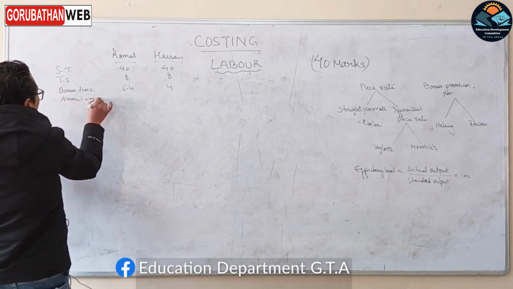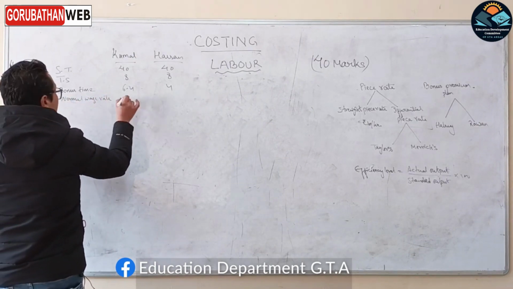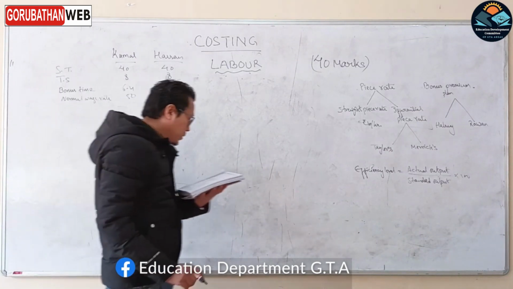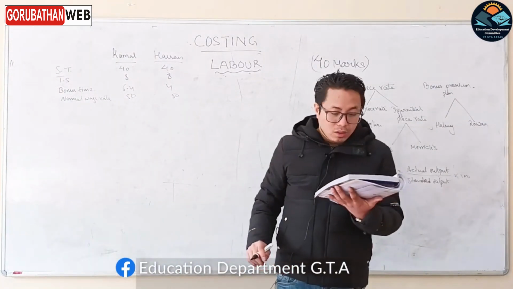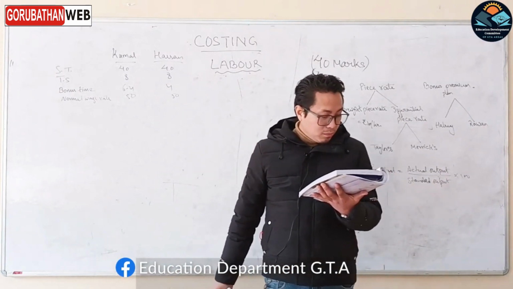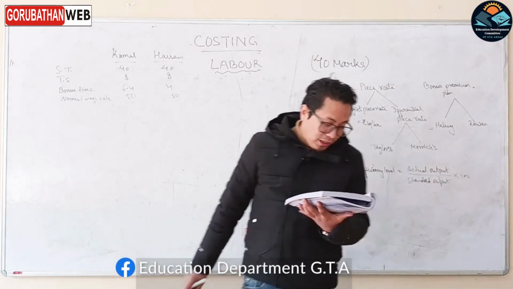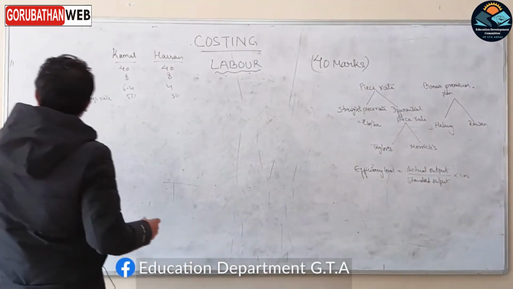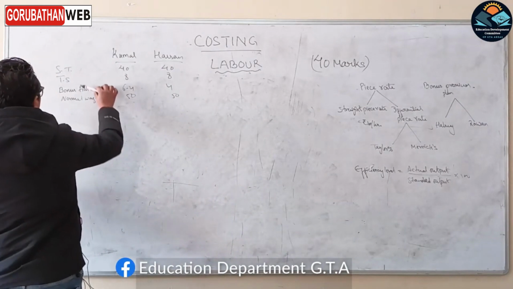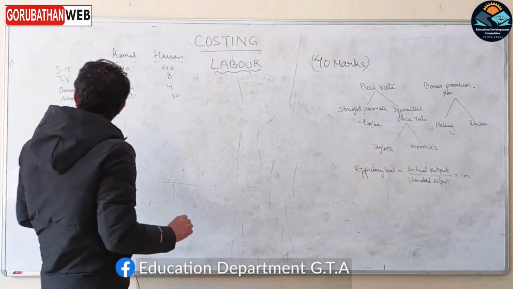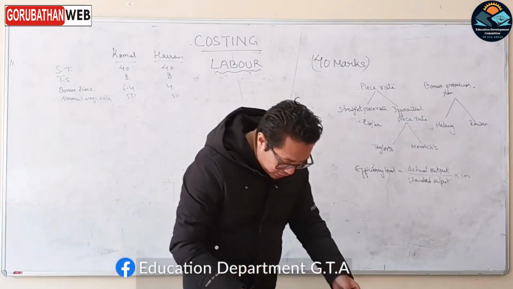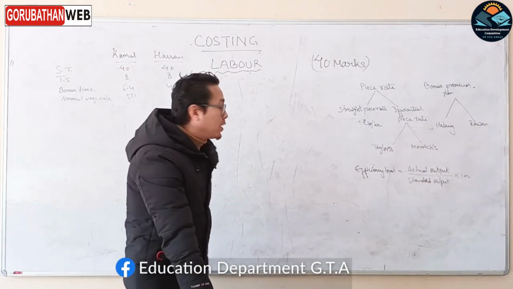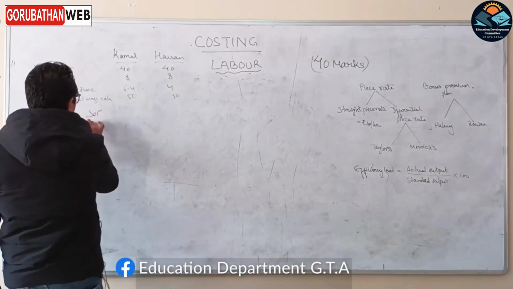नर्मल वेज रेट 50 दिएको छ। On the basis of the above information calculate for each of Kamal and Hassan: number 1 total earnings and number 2 effective rate of earnings. अच्छा, हामीलाई टोटल अर्निङ्स निकाल्नु भनेको छ, तर क्वेशनमा ट्विस्ट गरेको छ। हामीलाई टाइम सेभ र बोनस टाइम दिएको छ। टाइम सेभ र बोनस टाइम दिएको हुन्छ भने यहाँदेखि हामीले टाइम टेकन निकाल्न सक्छौँ। अब निकालौँ सल्युसन।